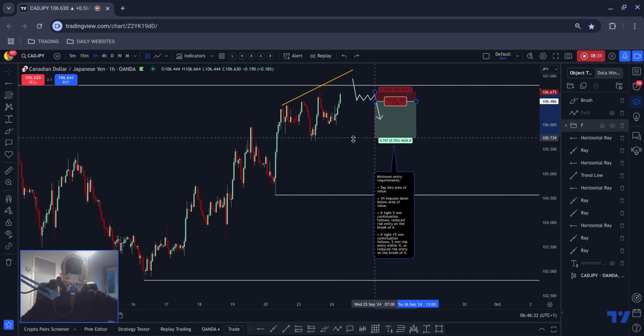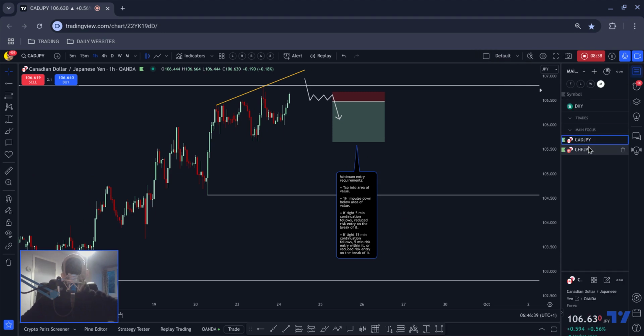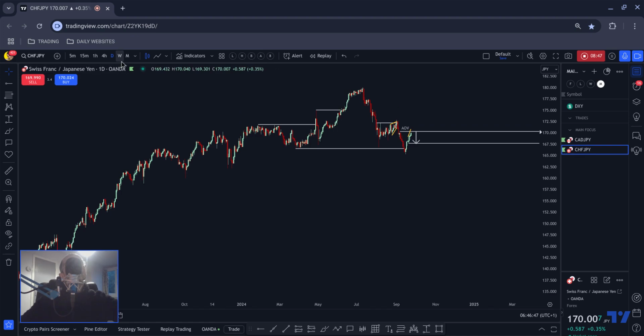Stick that guy back there. We'll see what happens with that one. On Swiss yen, it's going to be a similar sort of deal, because obviously the yen pairs move to some extent in tandem. If we just zoom out,